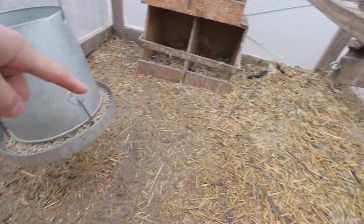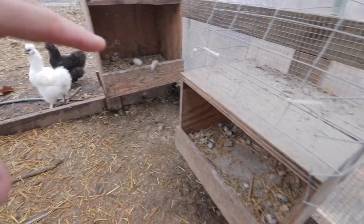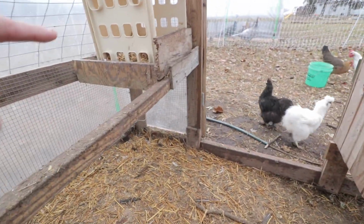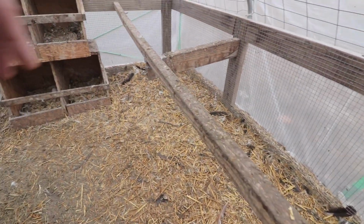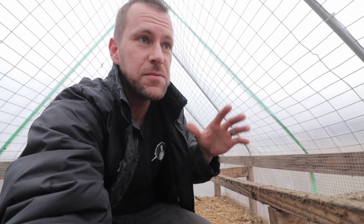leak under. We've got some mobile nest boxes all throughout here that are all over the place, and chickens are sleeping in them, chickens are roosting on here. We currently only have 25 chickens in here, so it's not a crazy amount. They have plenty of roosting space, but they still choose to roost in weird places in here. But the floor is a problem, the size is a problem, so what we need to do is build a